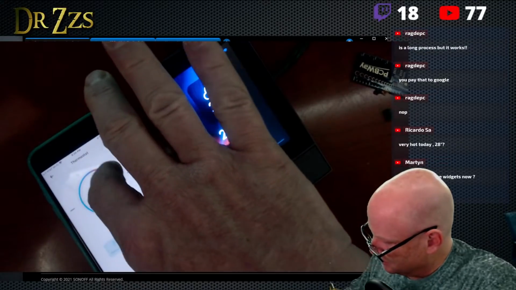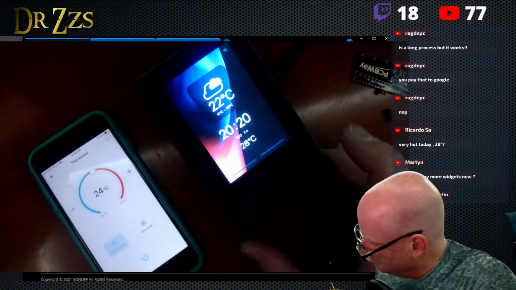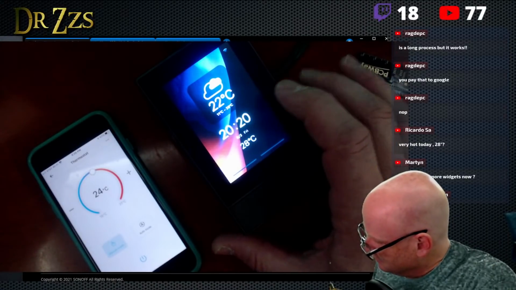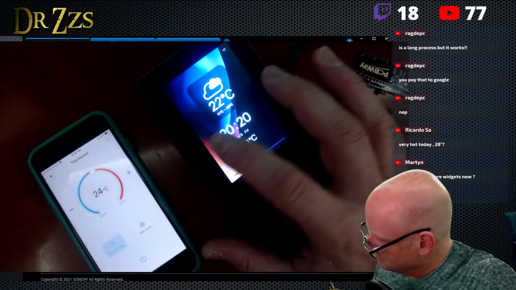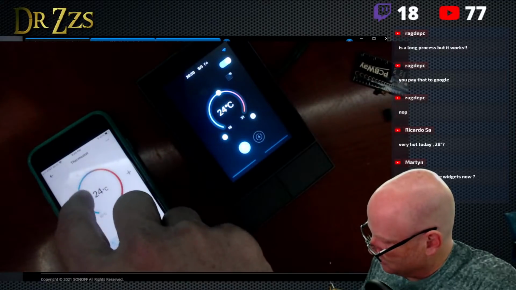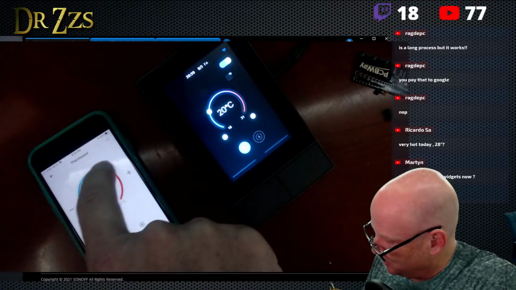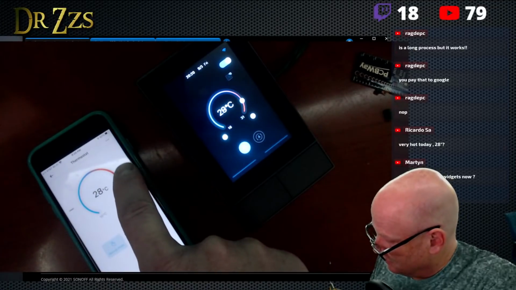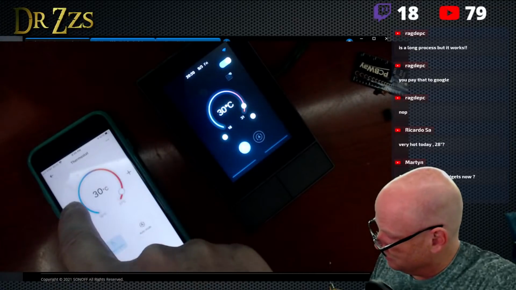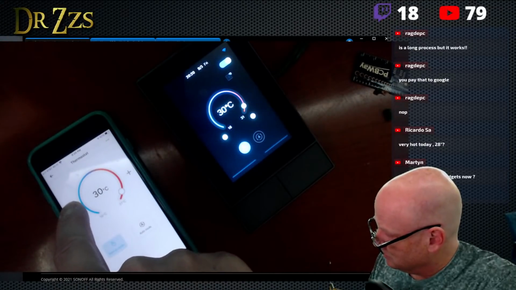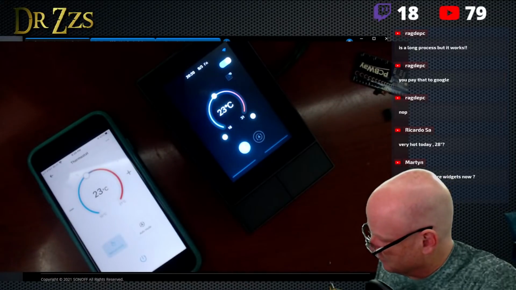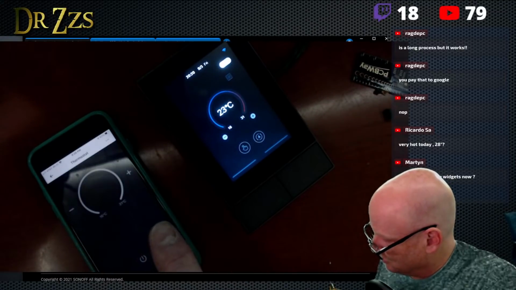I wonder where that temperature is coming from. That's outside, probably, based on my location. It does update pretty quick, so if you change it in the app, it changes there pretty quick. Well, that's nice. You can go up and down this way, too. Turn on, turn off.